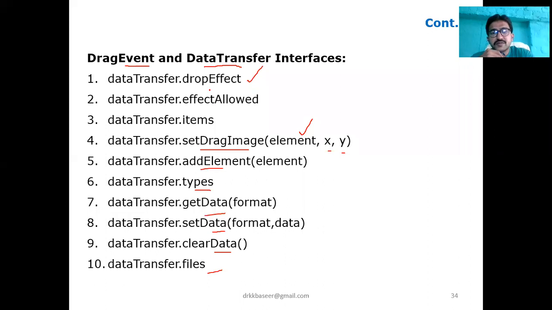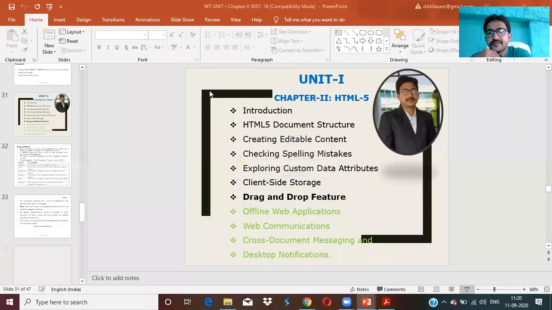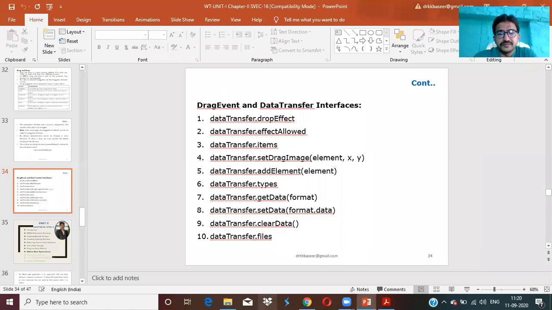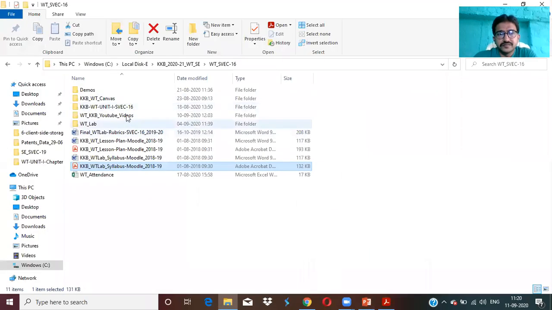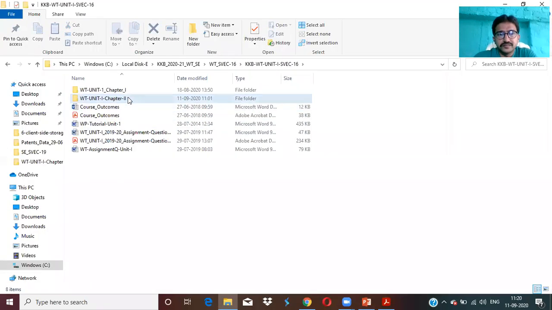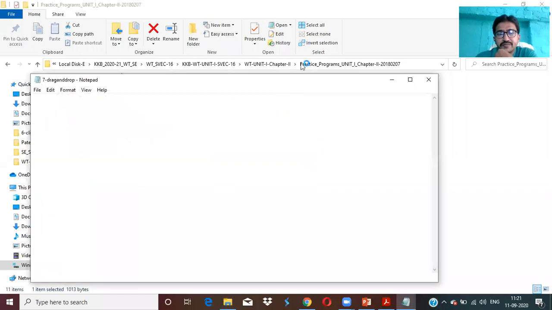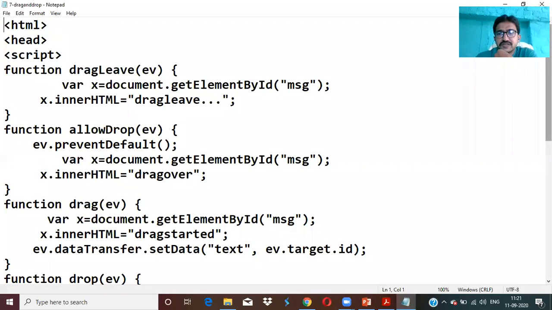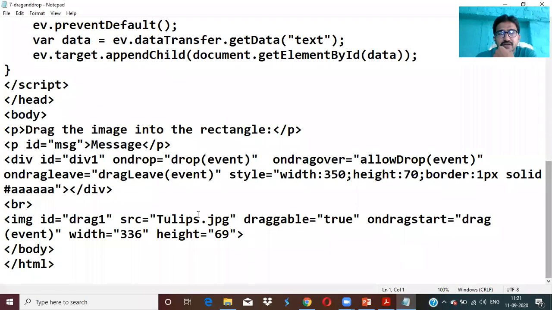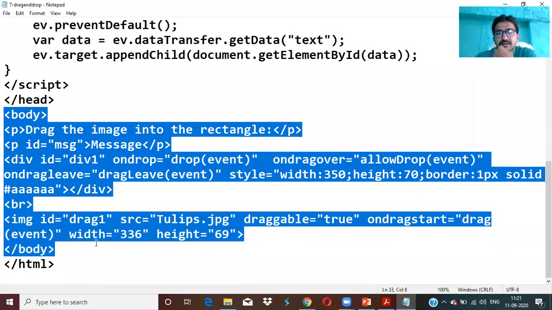So let me show one small example. Here I have an example. Coming to the body, don't forget that the HTML code starts displaying from the body, and from the body only we can go to any outside script.